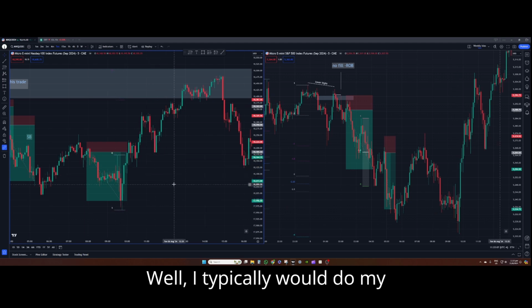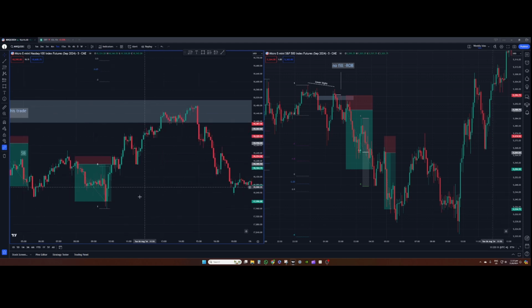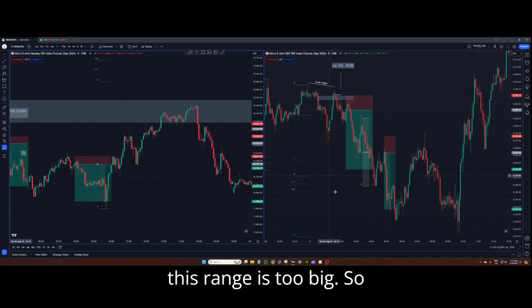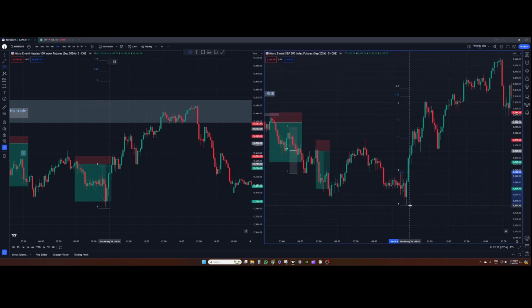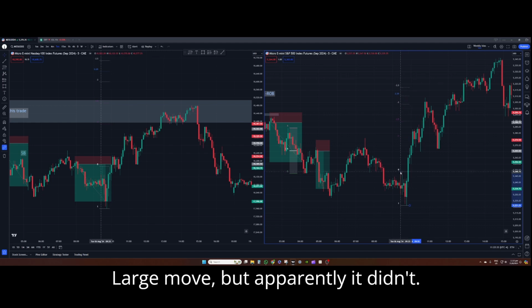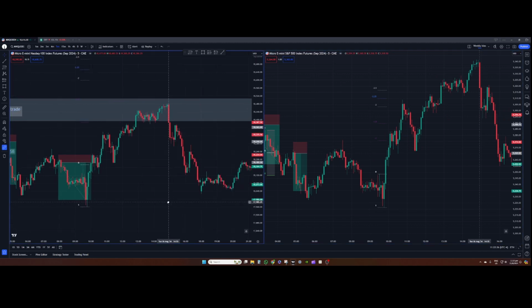But I typically would do my standard deviations like this, but yeah, this range is too big. So I did expect a very large move, but apparently it didn't. But anyway, for ES,